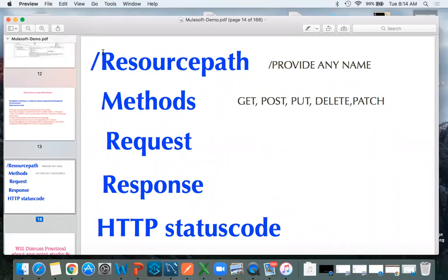It will start with a slash. Second one is method. We have these methods: get, post, put, delete, patch. Then request. Request means we need to provide some input. Response means we will get some output. Status codes are universal status codes. This will be common for everyone, for any technology. For each and every technology it will be common. Clear? Next.